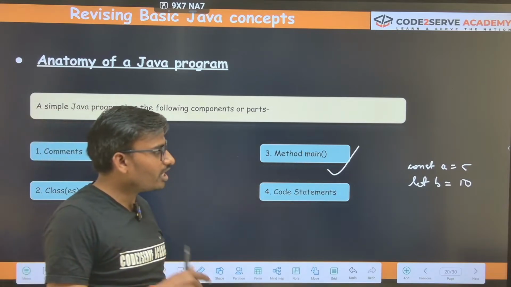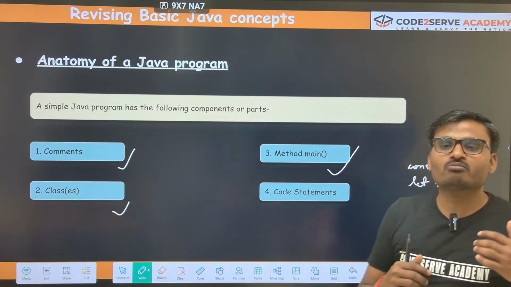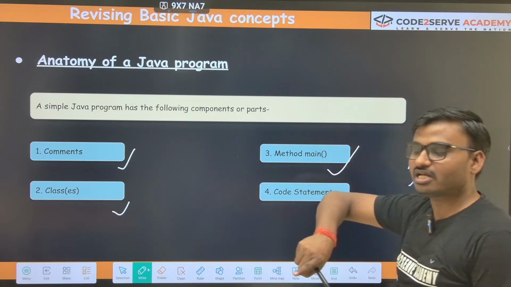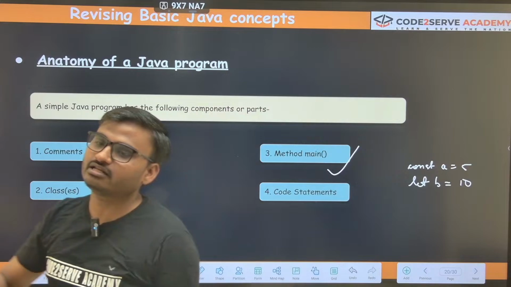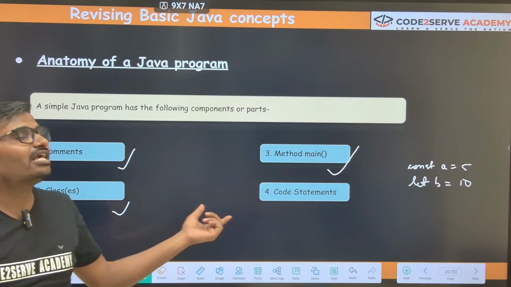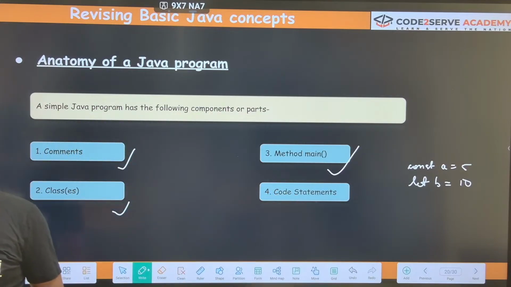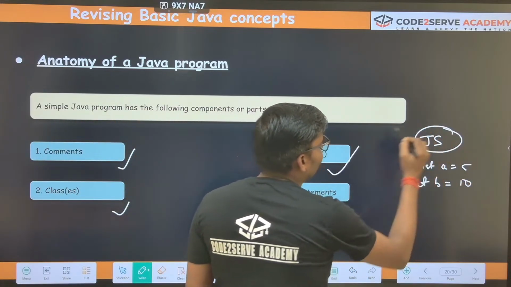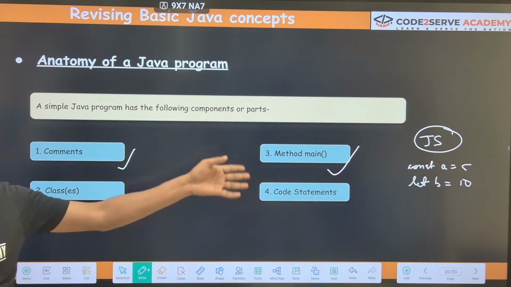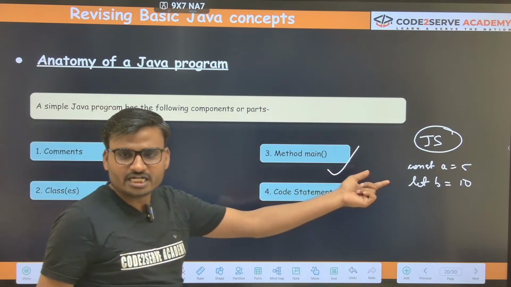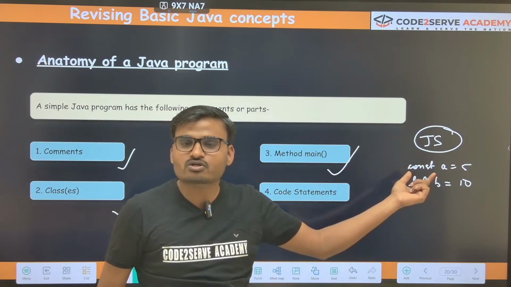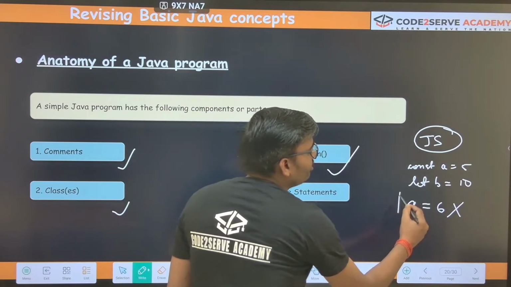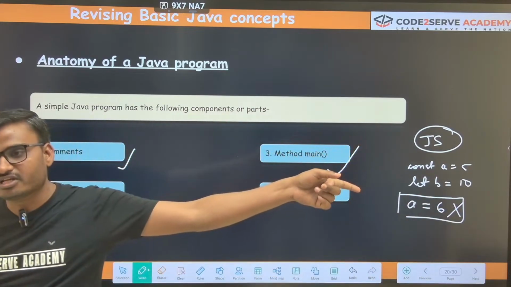Got it? Today you are learning one programming language. Tomorrow you might be learning hundreds of programming languages, right? So keep the concept of one programming language. The same concepts are there in every programming language; only the naming, how we name it, changes. Here is an example of JavaScript. You are learning Java. Here, instead of int, we write const. Const is a constant variable; we cannot change it. We cannot change a equals to 6. This will give an error because it has been declared as a constant variable.